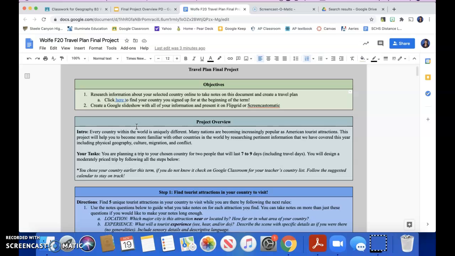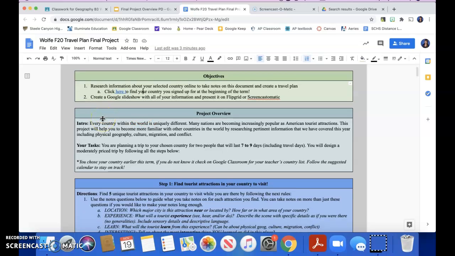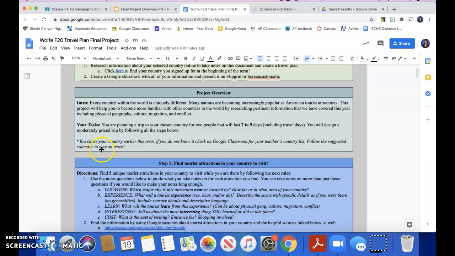That speech recording of yourself is incredibly important. It is worth more points than any test you've taken so far, and it is an assessment grade. That's what I'm talking about when I say it could make or break your grade. So we will get more into the recording and the slides later, and especially in class, we'll go into very good specifics about it. I will totally prep you for this. But that's a little bit about what the project is. So overall, your task is to plan a trip, right?